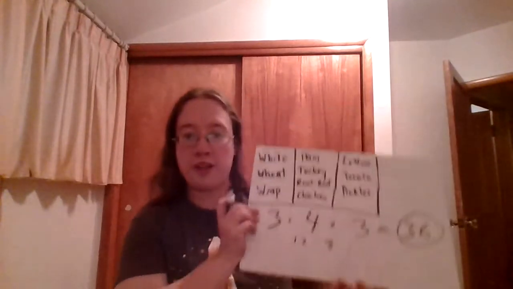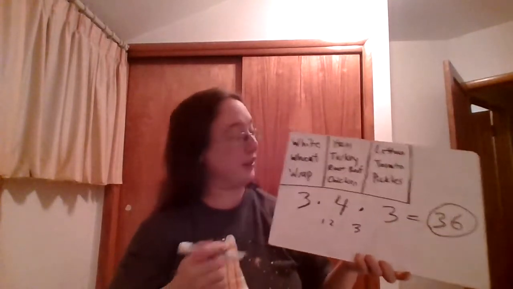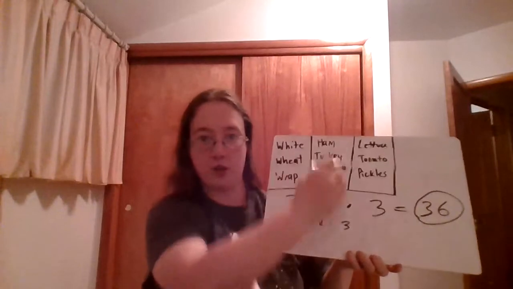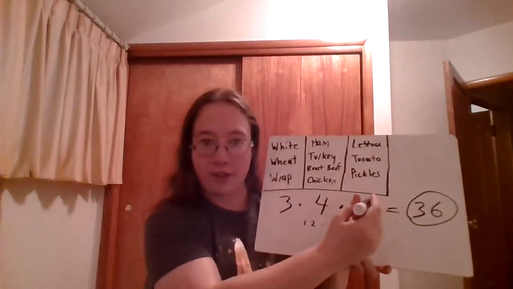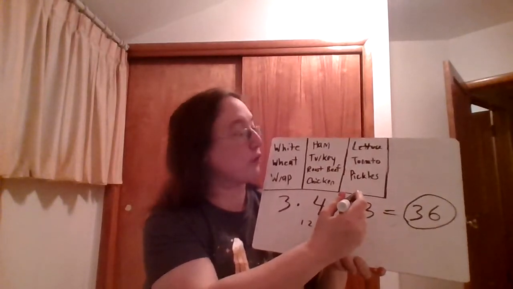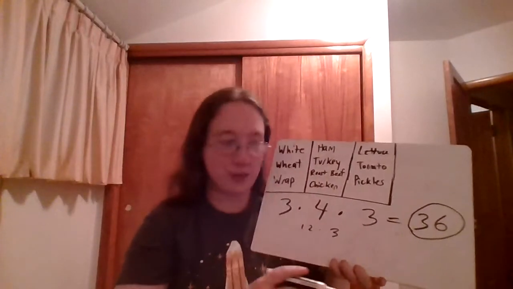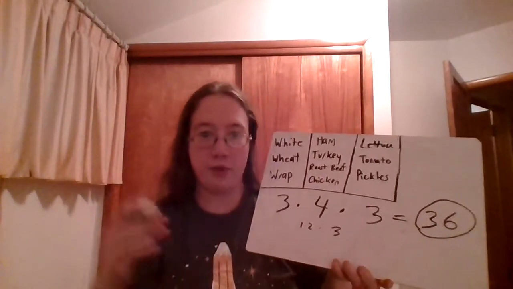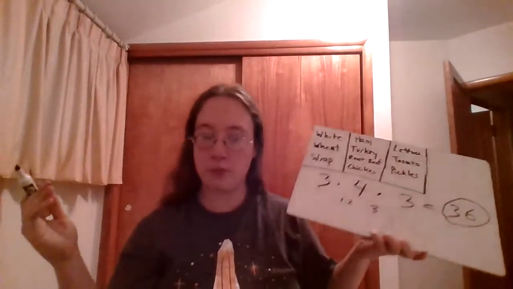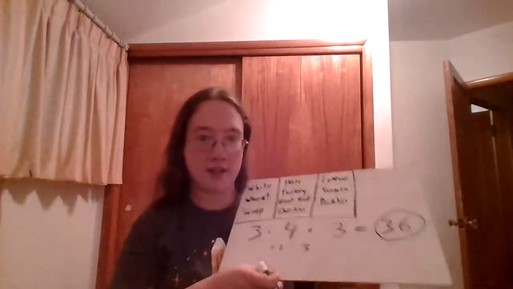So there are 36 different combinations we could have with this bread, or this meat, or these vegetables. They're all vegetables. Well, technically tomatoes are fruit. But anyway, so 36 different combinations we could have with those things. Just multiplying, not so bad. Okay, now we're going to look at what if